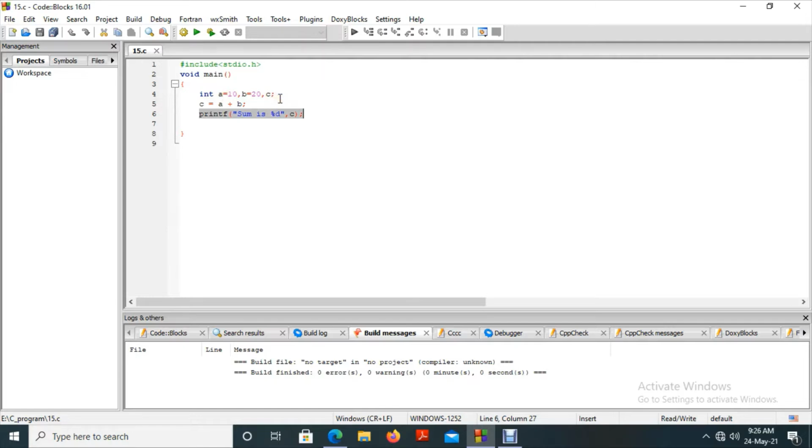To collect the input from the user, we are writing a program for calculating the sum of two numbers. We need the two numbers, 10 and 20 or 30 and 40, whatever it may be. We have to collect them from the user and produce the result. That is the main intention of today's program.